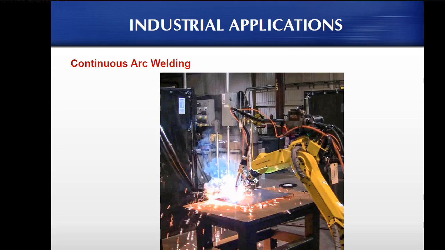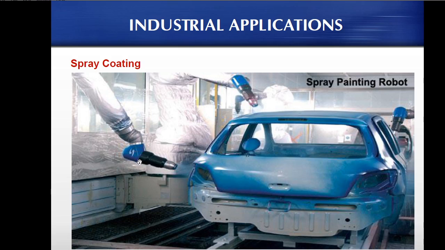So for this application you can make use of the robots. So here, instead of a gripper, you are having the arc welding tool. Then we can use the robots for spray painting. Again you can see that when you are passing the paints, a small amount of paint will be spread over and your robot should not be spoiled by different colors. So you're covering the robots and you are applying the spray. So to the wrist you are applying a spray painter. Okay, a spray painting machine has been applied here to apply the paint.